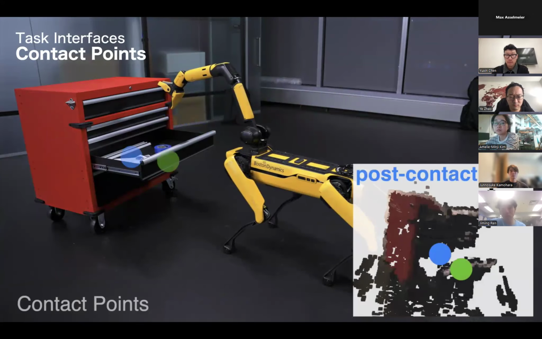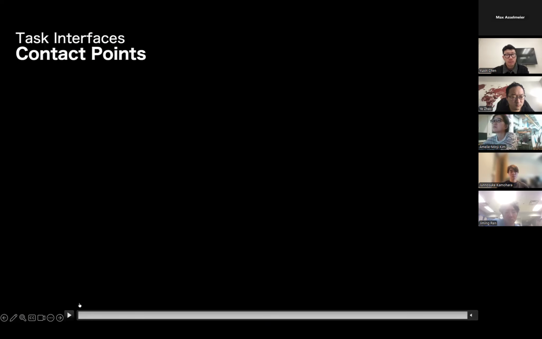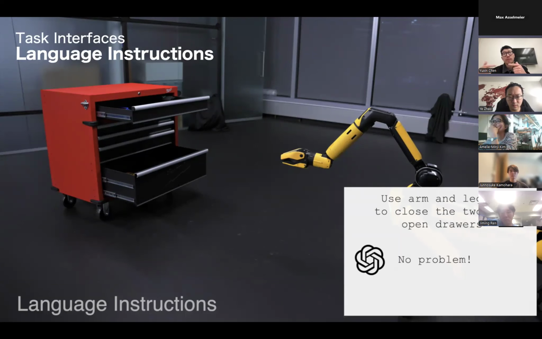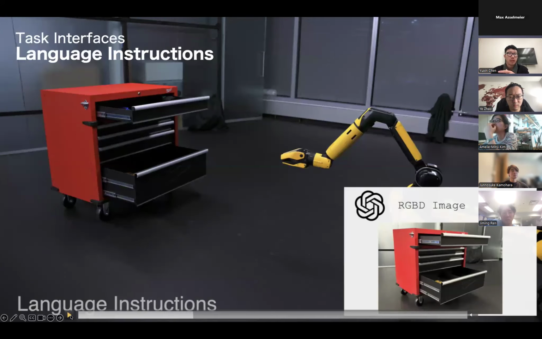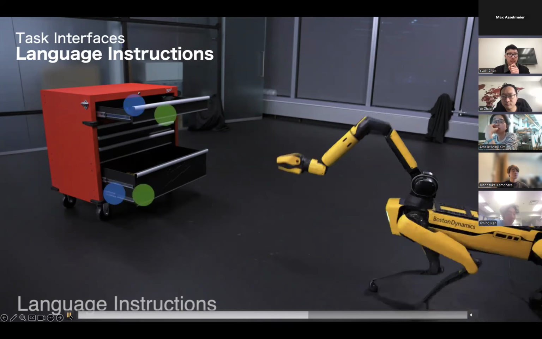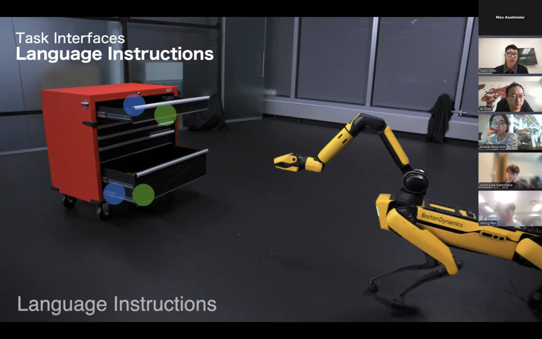So we specify the pre-contact and post-contact. And the third one is fully automated. It's called language instructions. So we give, say, the GPT-4o model a language prompt, how we want the robot to complete this task. And then the GPT will, based on the given image, specify the segmentation with Segment Anything, and then specify all the contact point candidates, and then choose the correct one from these candidates as the final target. Once we have the final target, it will just do the following task automatically.